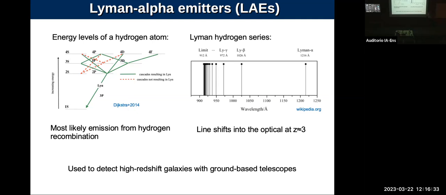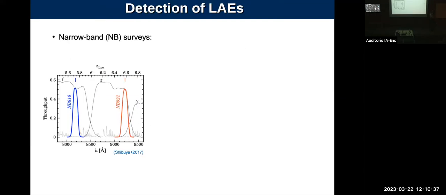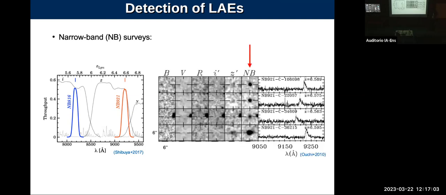Now you have two ways of detecting these Lyman-alpha emitters. You can either use narrowband filters, or you can use spectroscopy. If you have narrowband filters, I show you two examples of narrowband filters here, for a given wavelength width and also a given redshift width. You put these filters in your instrument, you look at the sky, and you will obtain Lyman-alpha emitters that fall within this wavelength range, or that fall within this redshift range.